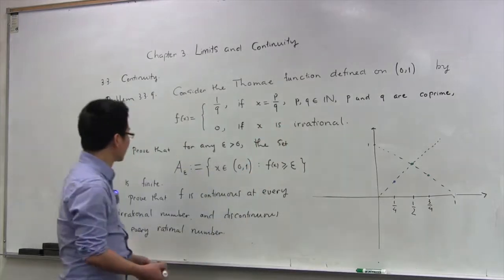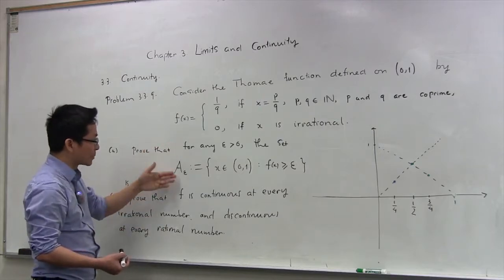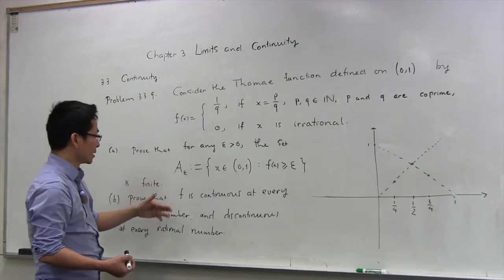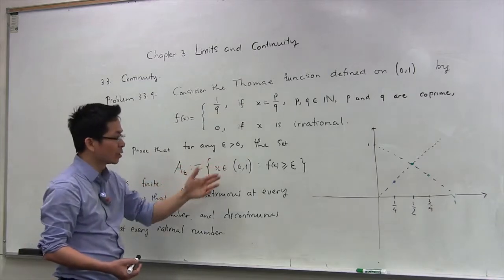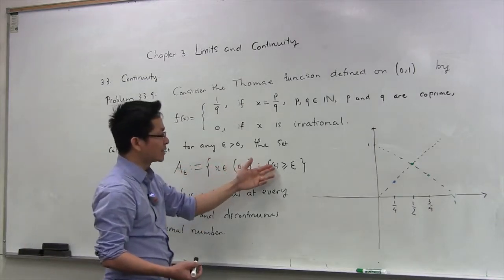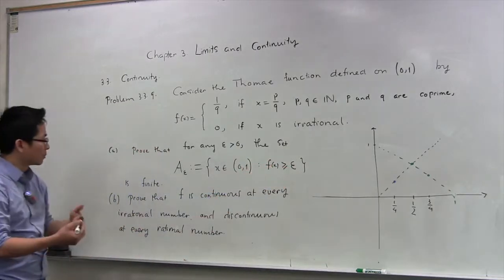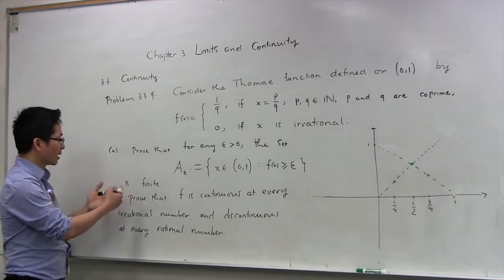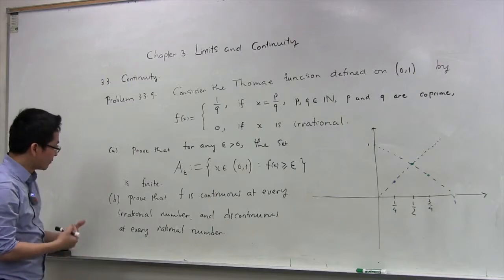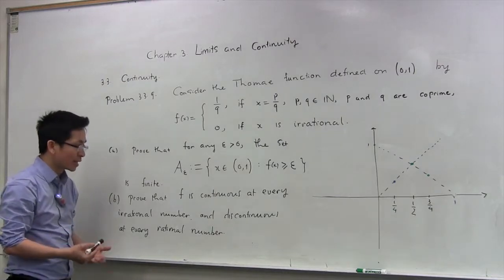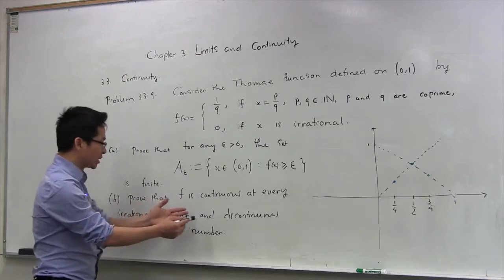irrational. Right? So given any epsilon greater than 0, define the set A epsilon by the following formula. A epsilon is the set of all x in the interval [0, 1] such that f(x) is greater than or equal to epsilon. And now we have to show that the set A epsilon here is finite. Okay? And in the second part, we have to show that f is continuous at every irrational number and discontinuous